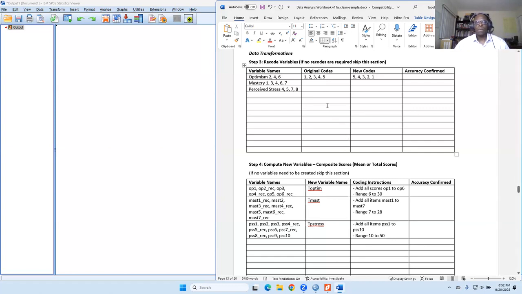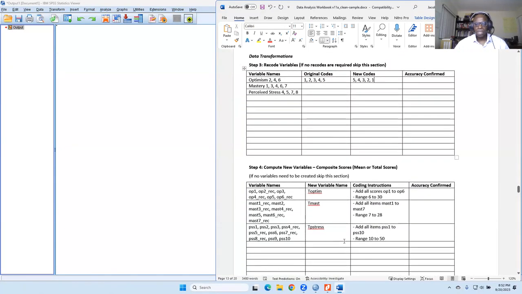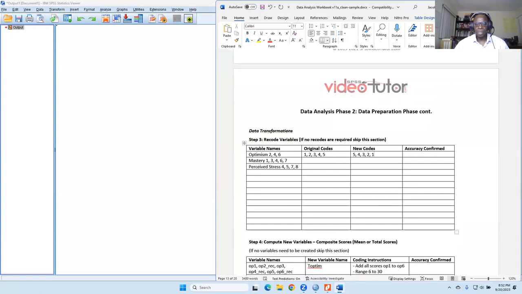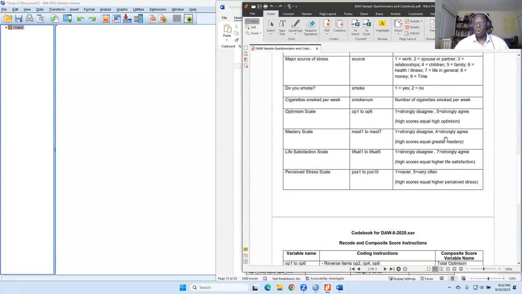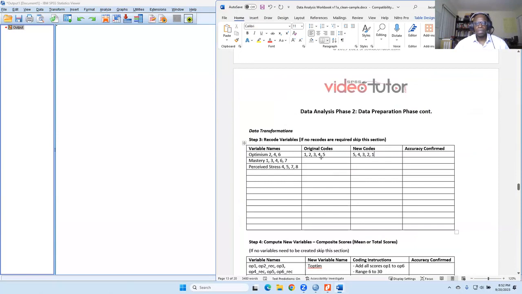All right. Same thing here. Mastery is a 1 to 4 scale. So you've got 1, 2, 3, and 4. A 1 becomes a 4, a 2 becomes a 3, a 3 becomes a 2, and a 4 becomes a 1.